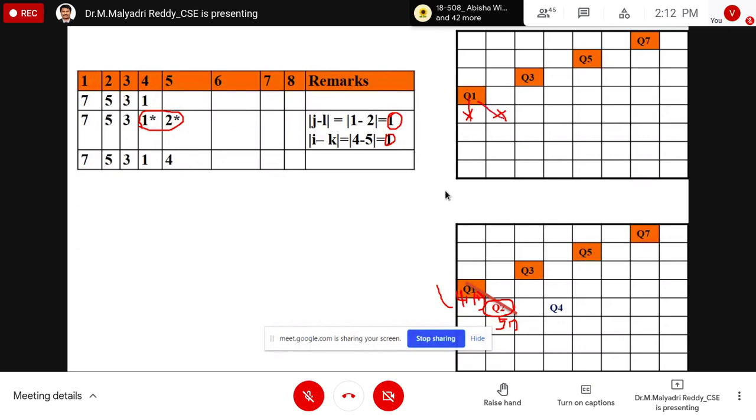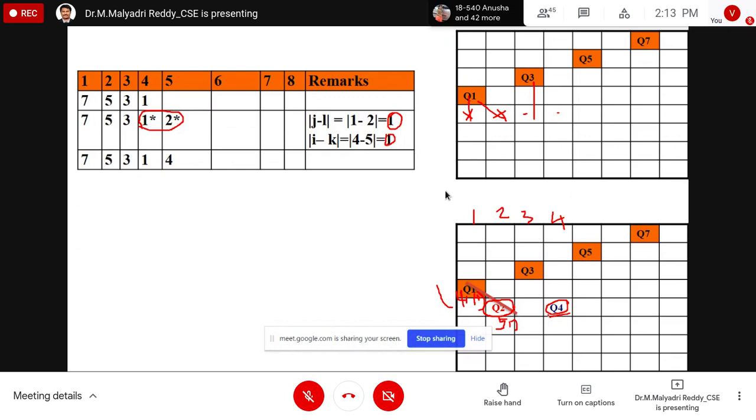This is the diagonal conflict. What about this? This is the column conflict. What about this position? Check whether it is feasible or not. There is no conflict with respect to the other queens. Then I have to place the Q4 in this location. So I placed queen 4. Why? Because it is Q4: this is the 1, this is the 2, this is the 3, this is the 4. Q4 I have to place in the corresponding position.